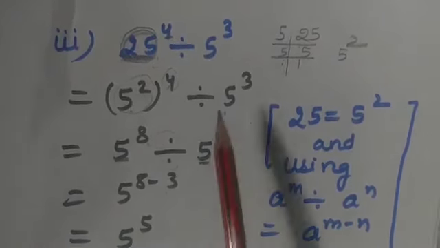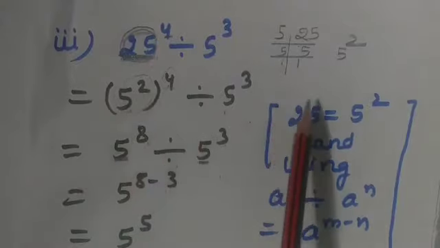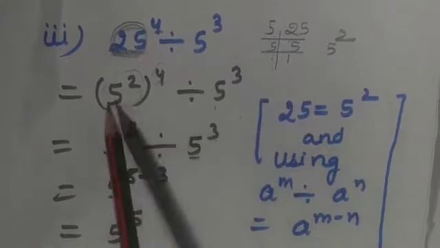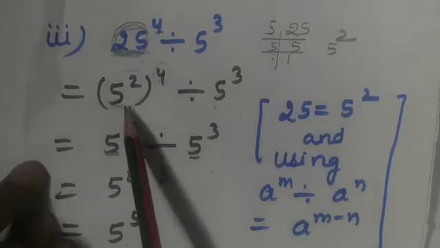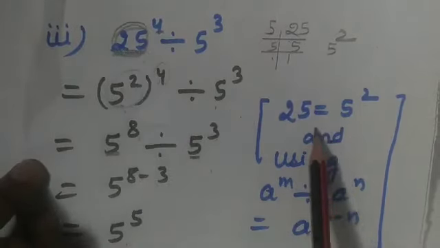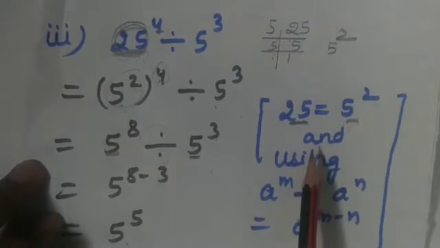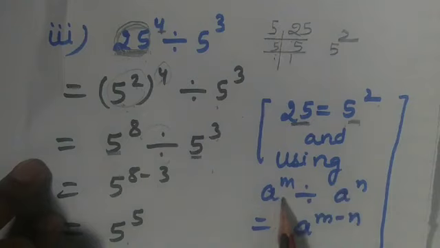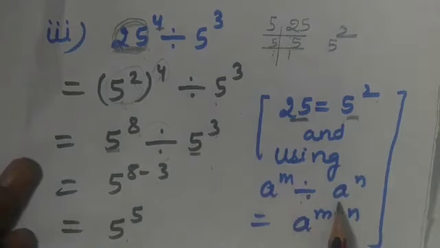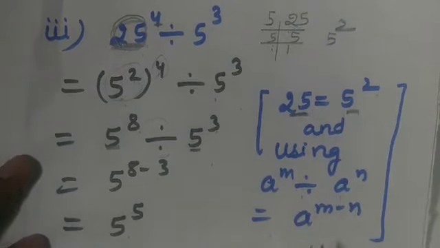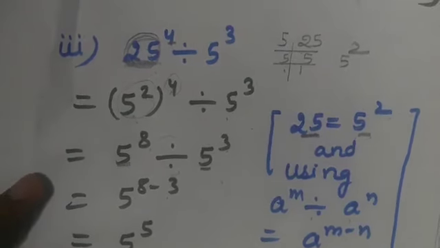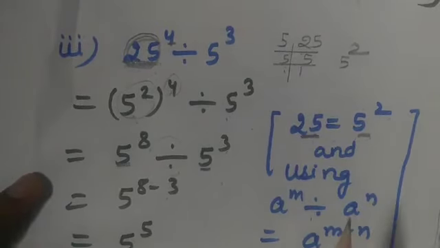Okay, give the reason. You have to mention the reason also. First I have written 5 raised to the power 2 in place of 25, that I have to mention, that 25 can be written in this form, and I have applied the law also, that is a raised to the power m divided by a raised to the power n is equal to a raised to the power m minus n. So this is your part number 3rd. First step, in every question you have to express each number in the powers of prime. Okay, so this is your part 3rd.